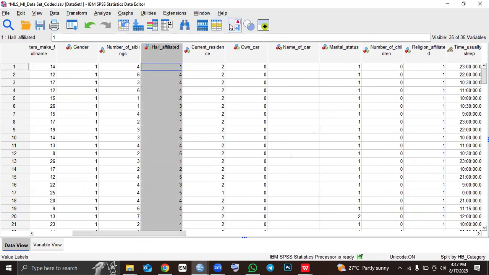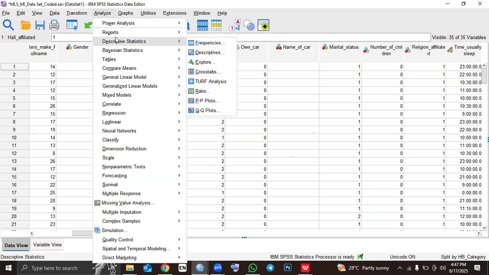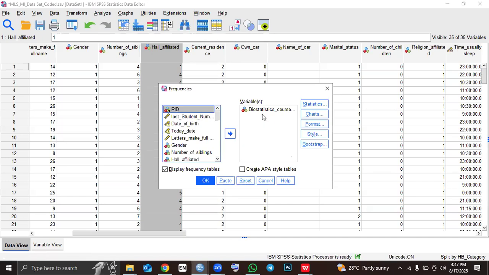Okay, for all affiliations, we can run a simple frequency for them. So we come to all affiliated, then we go to Analyze, then Descriptive Statistics, then Frequencies. Because we are looking for the whole, we have to look for all affiliated in this section. So we look for all affiliated and move it there and make sure we tick display frequency tables and click